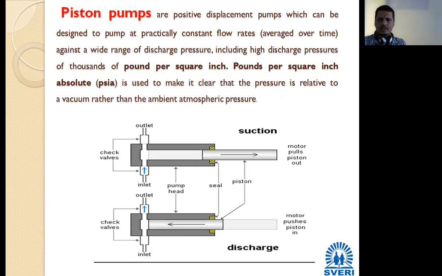And you write down. Next slide. Piston pumps can be designed to pump at practically constant flow rates (averaged over time) against a wide range of discharge